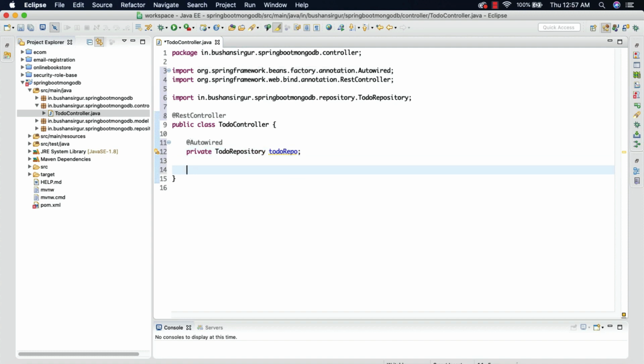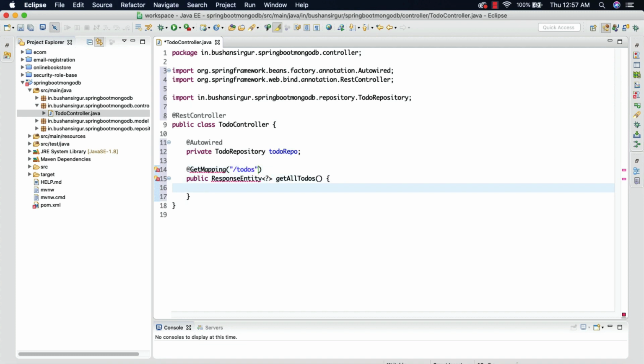And I'm going to create a public method. This is going to return a ResponseEntity, and I'm going to call this getAllToDos, and I'm going to annotate this method with the @GetMapping annotation, and I'm going to specify the path, which is /todos.